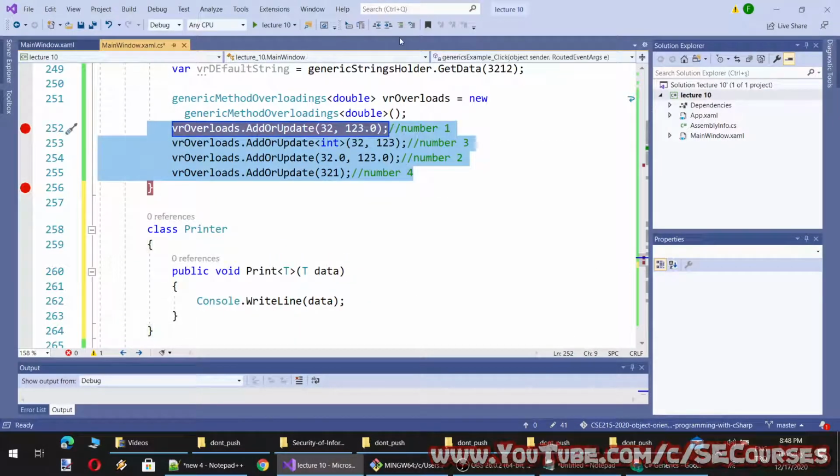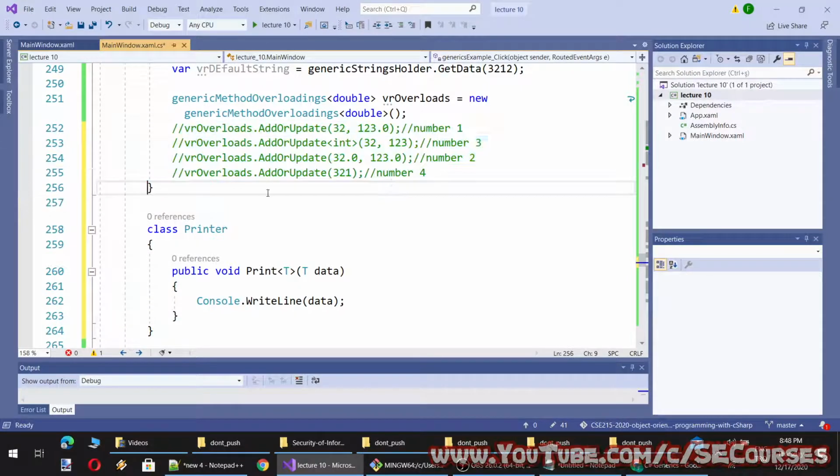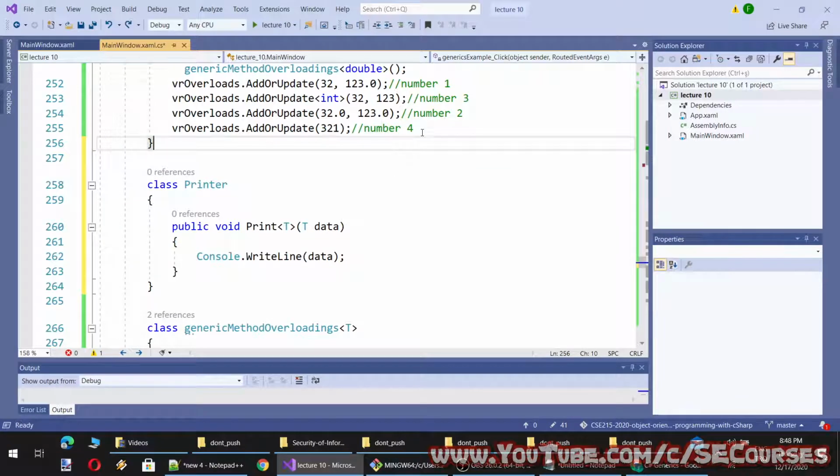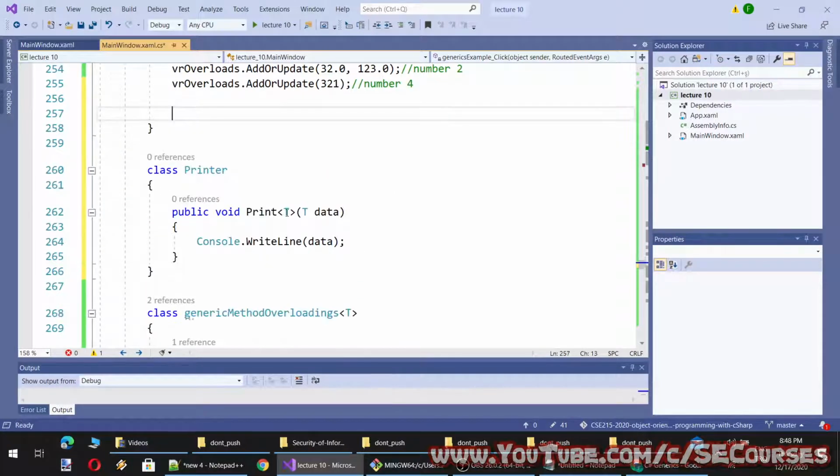So I'm going to comment them out, or not comment them. So I will provide something like this. Let's call this T1, T2, T3, T4, and then let's give them different names.